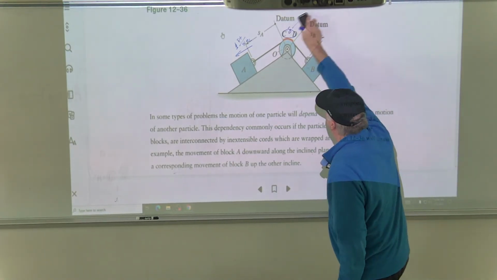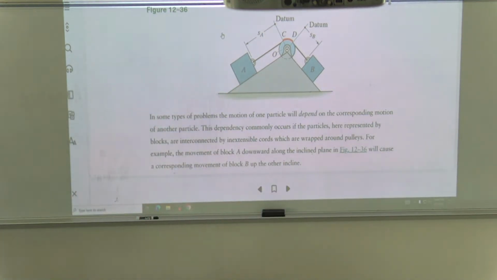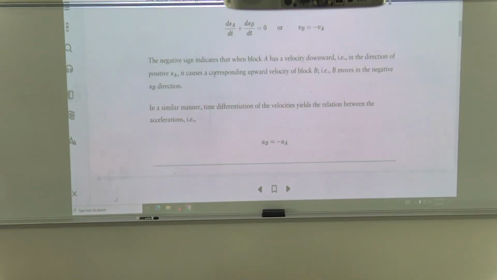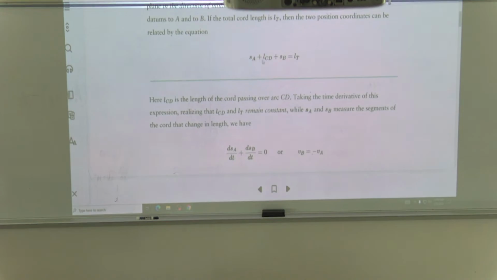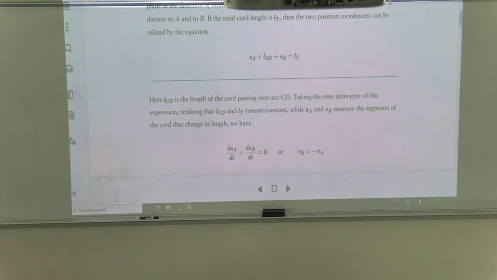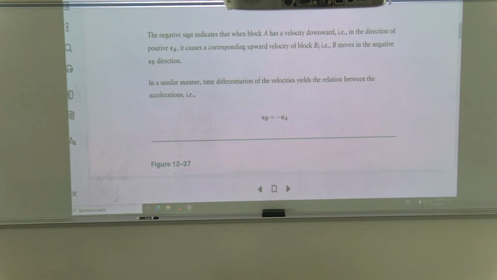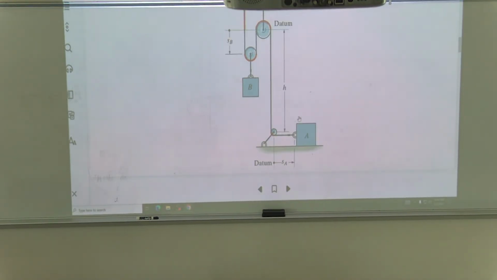And let me give you an example. He has examples there, but we'll just go down to his somewhere. So he calls his LCD, I called it delta. So I should have done, and here's his time rate of change. And he's saying the velocity of B is the minus velocity of A. I should have stopped and taken another derivative and shown that the acceleration of B is the minus acceleration of A. So here's a standard rope that he's got, and you notice he has the reds.